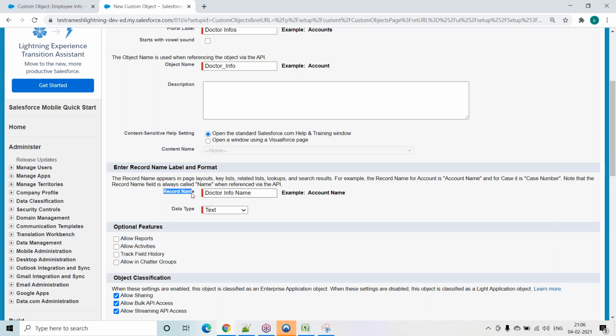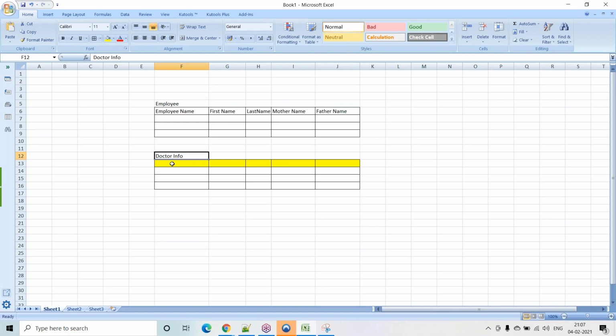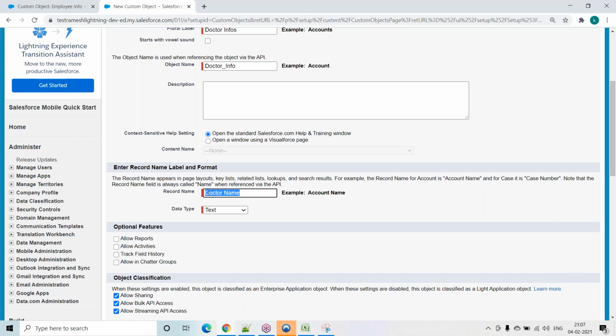Record name is nothing but Salesforce is saying that you are trying to create an object. I mean, you are trying to create a table. While creating a table, you should create one field. That field name is nothing but this one. So I'm trying to create a table. While creating a table, the Salesforce system is saying that you should create one field. That field name can be anything here, it doesn't matter. That field name I am giving as